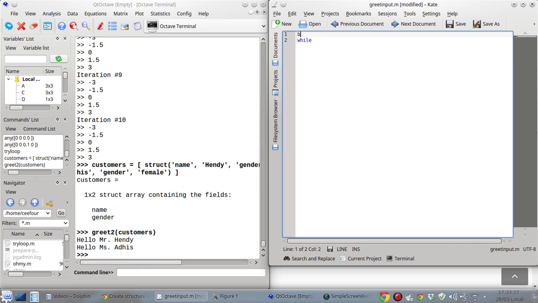So we'll hold a Boolean variable called still more, and we'll initialize this to 1 or true. And while there's still more,